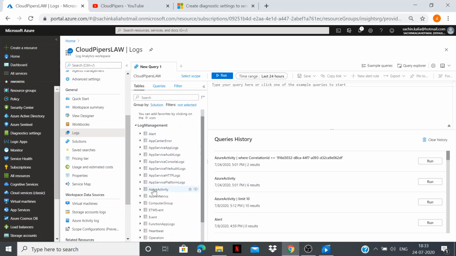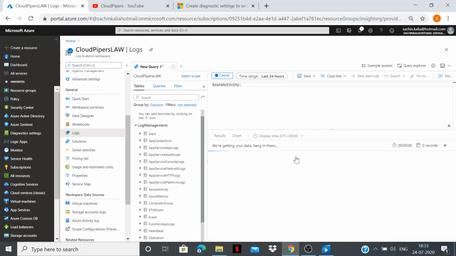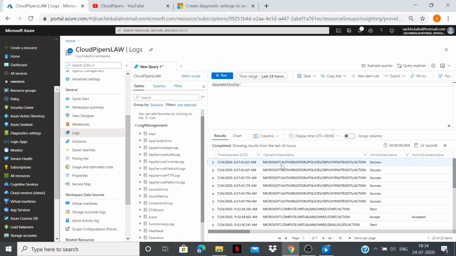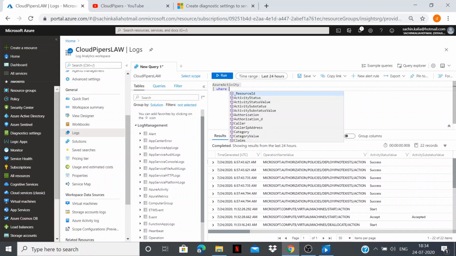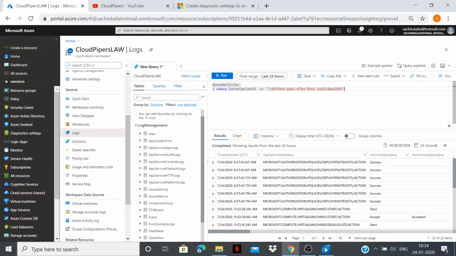Here we can see Azure Activity, which I am interested in. Once I click here, it should bring all the details related to our events or the administrative actions happening within the subscription. As you can see, we have plenty, but this is the syntax to write your query. I'm interested in the correlation ID, which is equal to this.